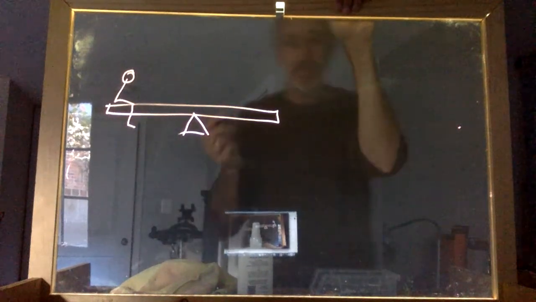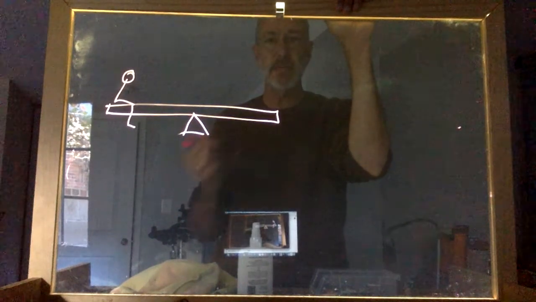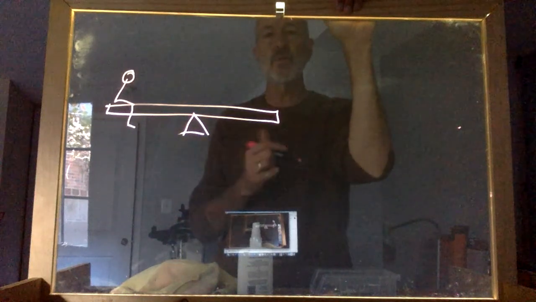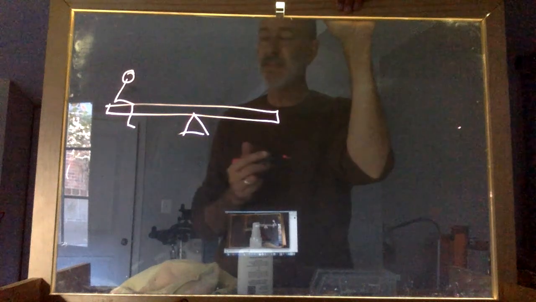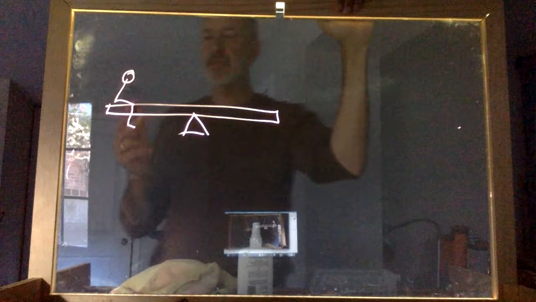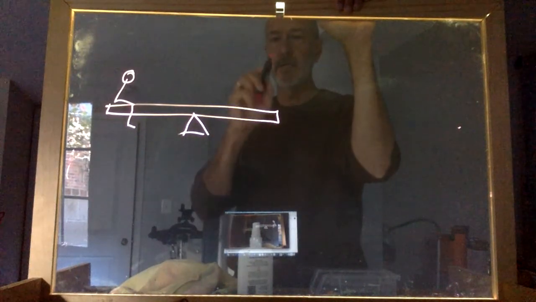And what was really interesting about a seesaw is you didn't have to have the same weight. You could have a big person and a small person within reason, and they'd still be able to use a seesaw. So we've got a big kid here. If we have a little kid, well, we'd have to do some adjustments. Let's say we have a bigger kid over here. If I have a bigger kid over here,